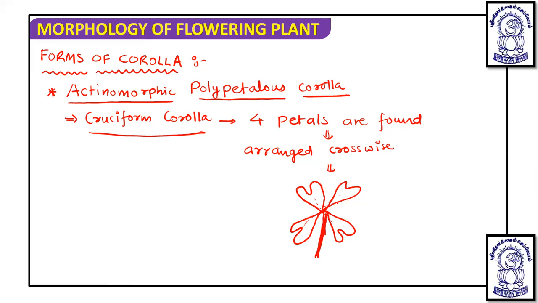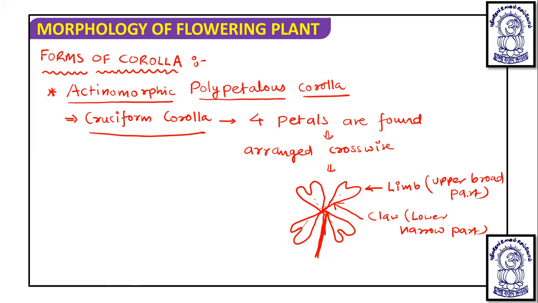In this, in one petal, the lower narrow part is known as claw. So claw is what? Lower narrow part. And if you talk about the broad part, the upper broad part is known as limb. Okay, so this way they are seen, and such type of cruciform corolla is seen in the example